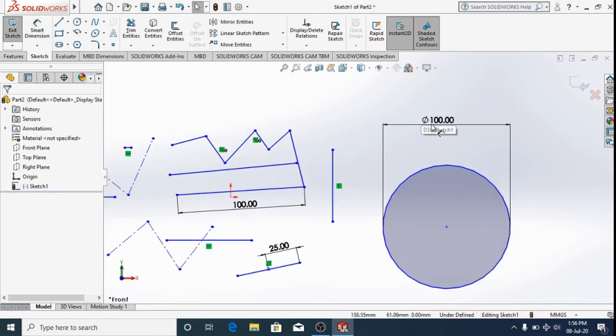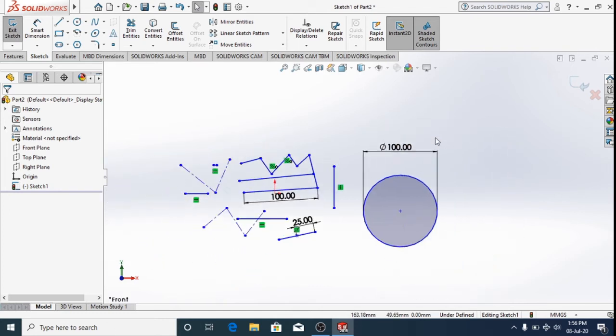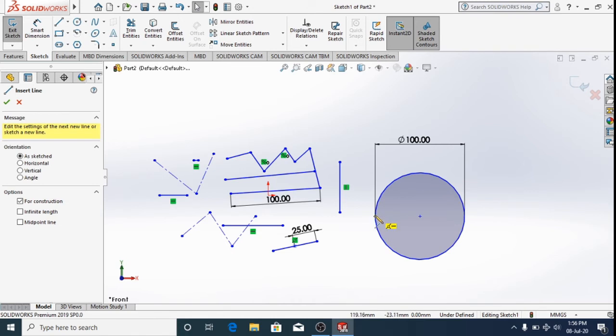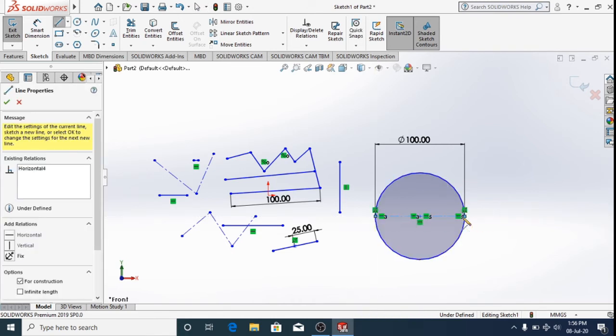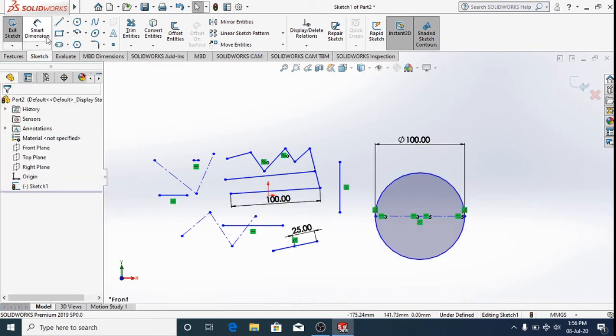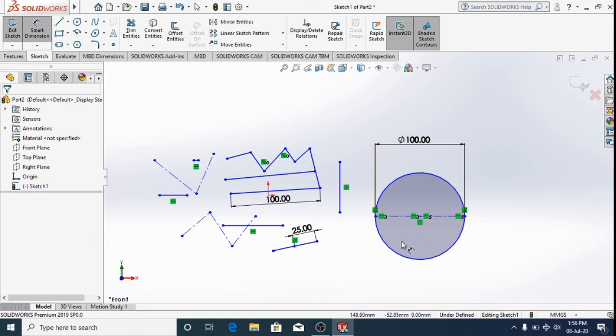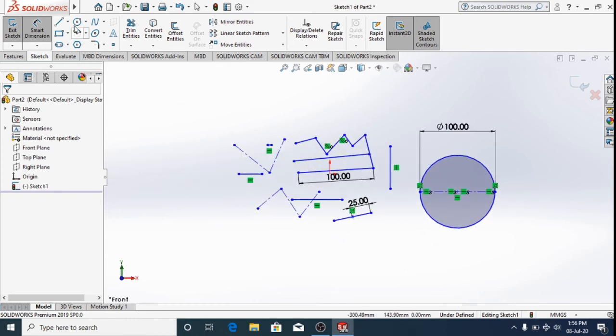So this symbol here indicates the diameter. It is basically the phi symbol. So this is a diameter. If you want to check the radius of this, give a center line for this and check the radius accordingly. Click on here and this one, that will be 50. Okay, then coming to the next